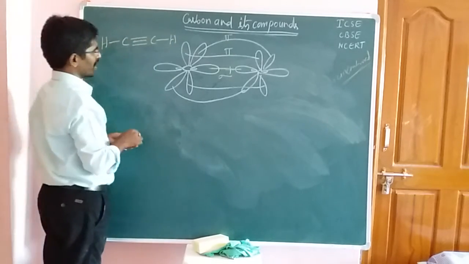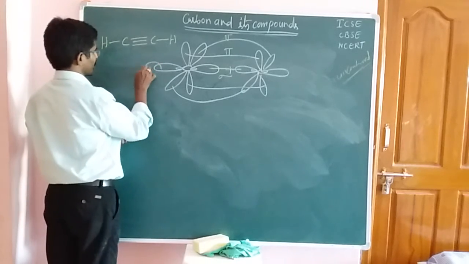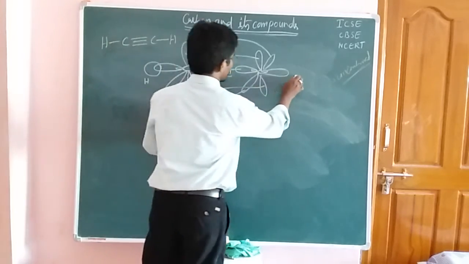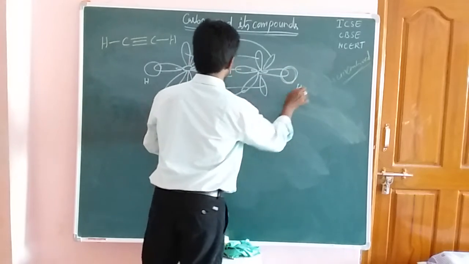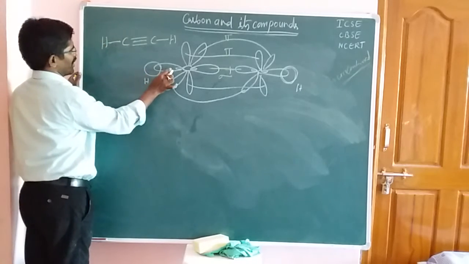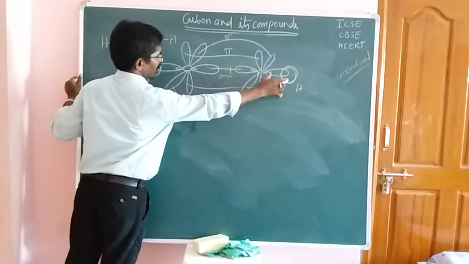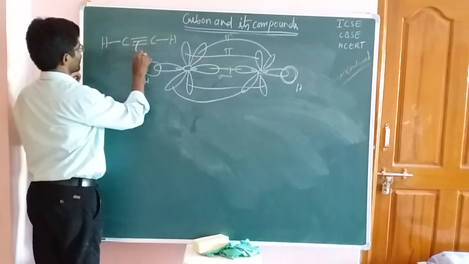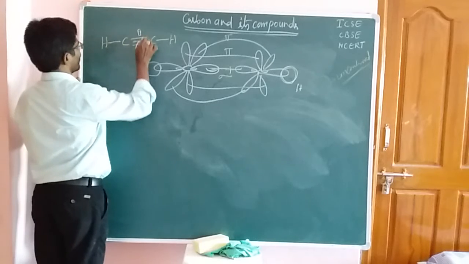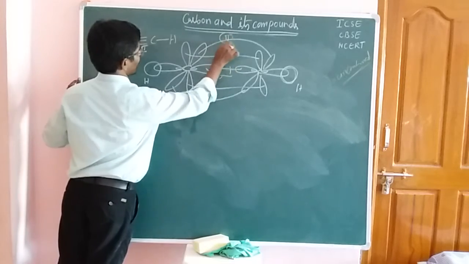Okay, students. Now this hybridized orbital is overlapping with two hydrogen atoms. So this one is the hydrogen, and this is the carbon side. Here also the same hydrogen. So the hydrogen forms a sigma bond with the carbon's sp orbital, the s orbital overlapping with the p-character orbital. This is the sigma bond formation. And this is one pi bond and this is another pi bond. Here also, this is one pi bond and this one is another pi bond.